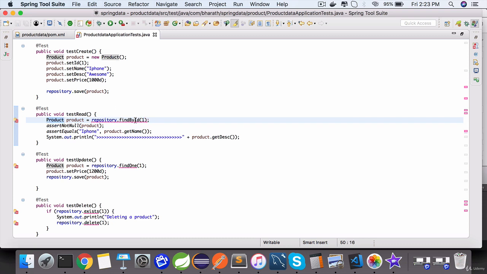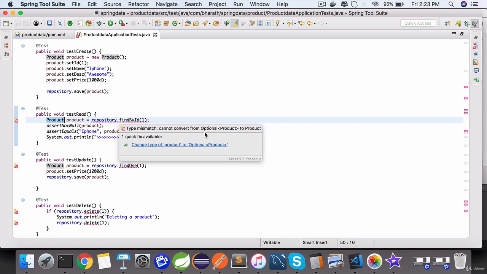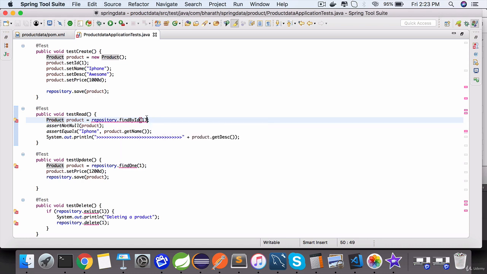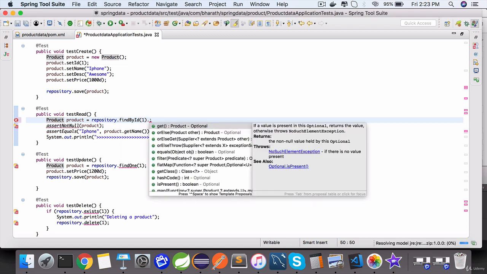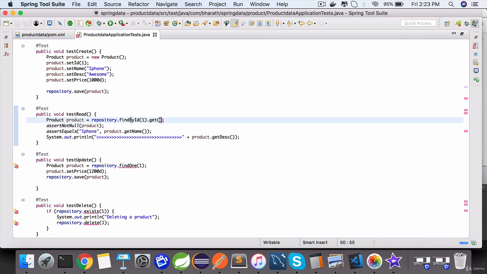If you point your cursor here, it returns an optional product dot get. So that optional is to support reactive programming, wherein we wait for the actual response to come back. So you need to invoke find by ID dot get. That's it. That's the only change. So copy this,